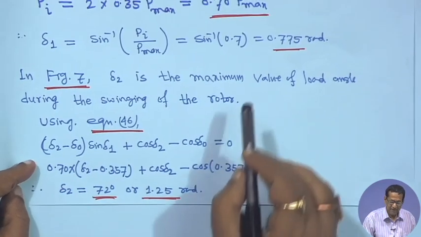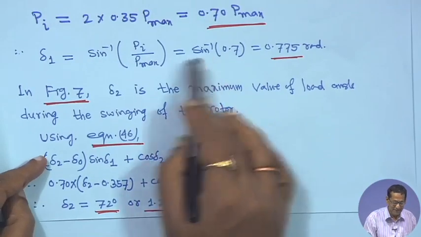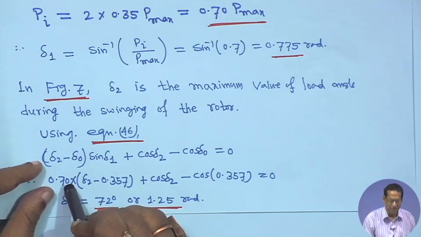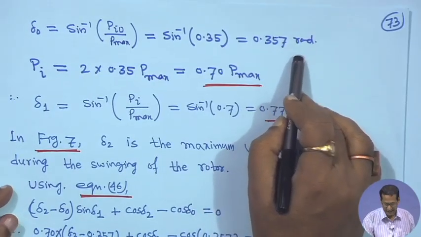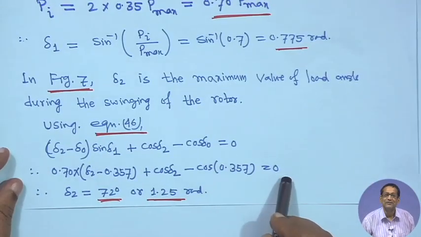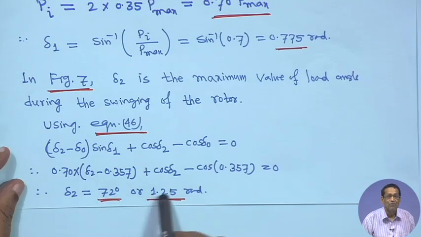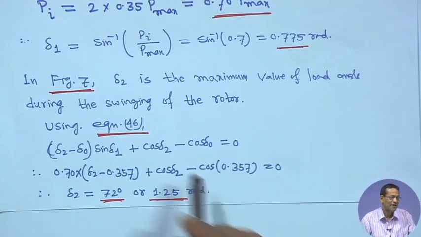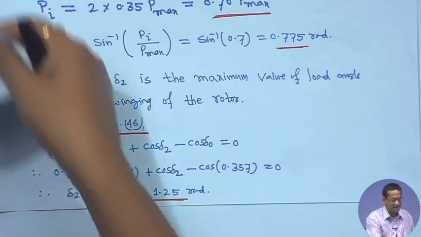and then here it is given that delta 1 is equal to sin inverse 0.7, that means sin delta 1 is equal to 0.7. So, we are putting here sin delta 0.7, no confusion, plus cosine delta 2 unknown minus cos delta 0, delta 0 is equal to 0.357 radian. So, cosine 0.3 is equal to 0, that means delta 2 maximum we are getting 72 degree or 1.25 radian. So, this is the last example of this power system stability, and finally,